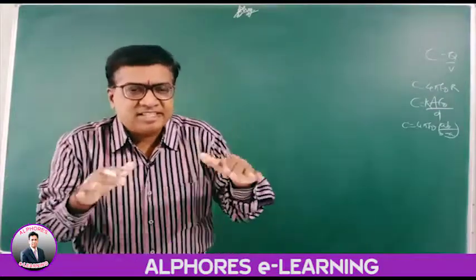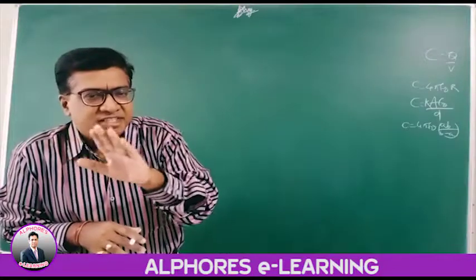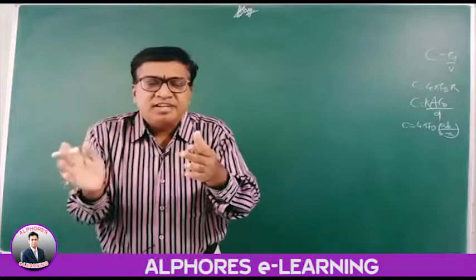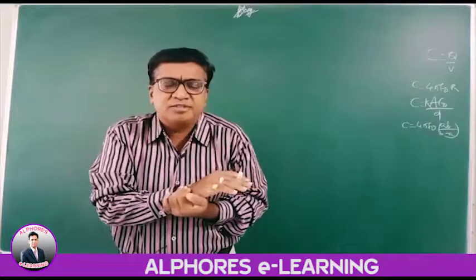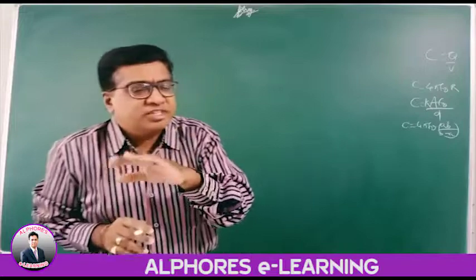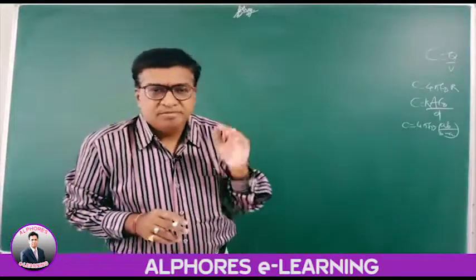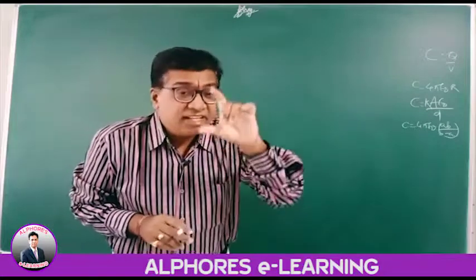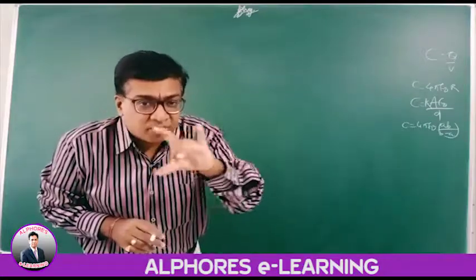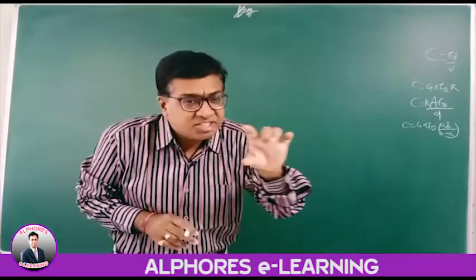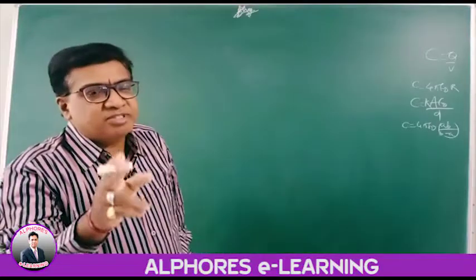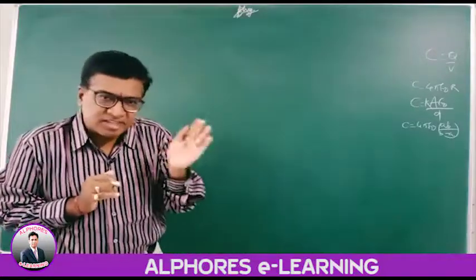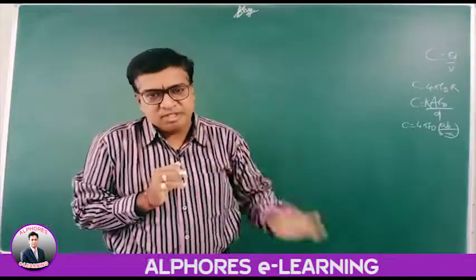When the steady state is obtained, the charge on the capacitors remains constant. But these are different capacitors with different capacity. If the same charge is stored in different capacitors, then the potentials differ. Capacity is different: V1, V2, V3, V4 and so on. In series combination, always remember the total potential is the algebraic sum of the individual potentials. VR is V1 plus V2 plus V3 up to Vn, whatever the number of capacitors.